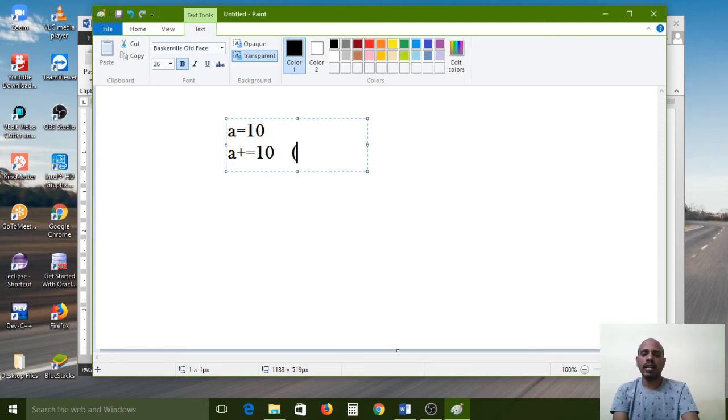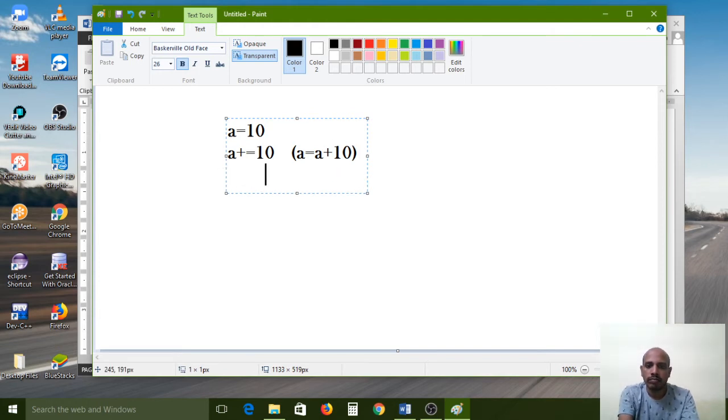A plus equal to 10 means a is equal to a plus 10. So first, the a value is 10, and it is replaced: a equal to 10 plus 10.